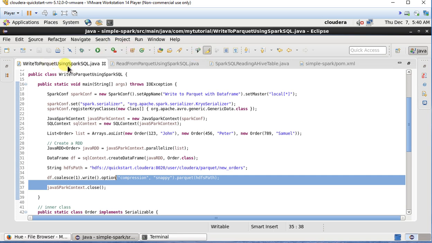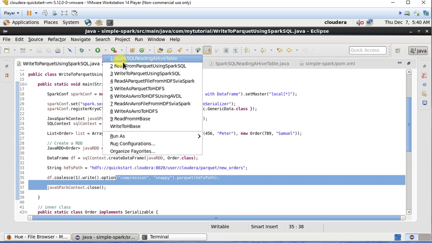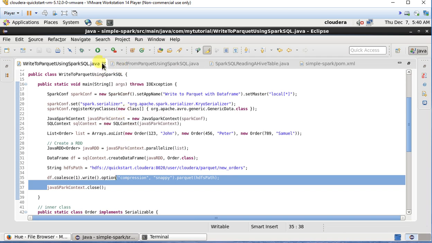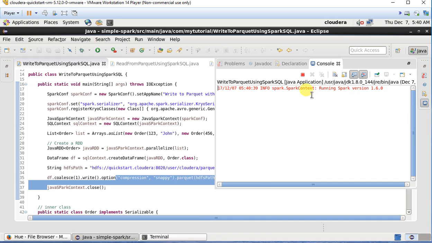So it's called write Parquet using Spark SQL. So run this job and open the console. The console opens here,